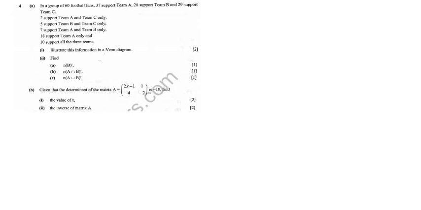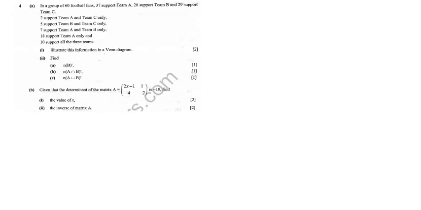Okay, in this video, we are solving a question which came in 2021 paper 2 GCE. Question 4a. In a group of 60 football fans, 37 support team A, 28 support team B, and 29 support